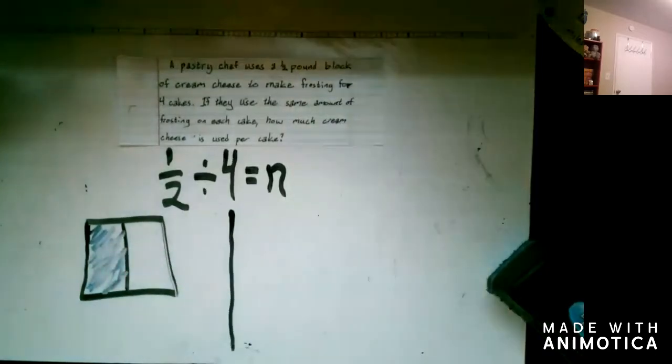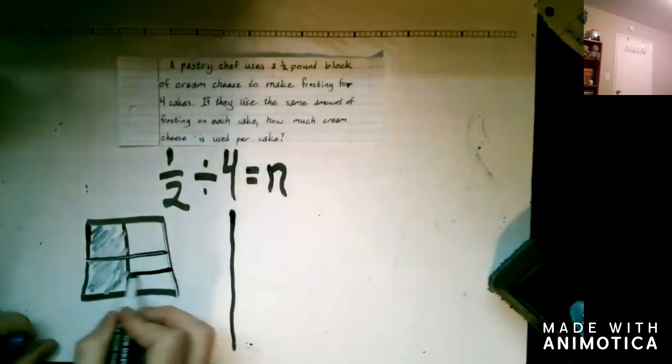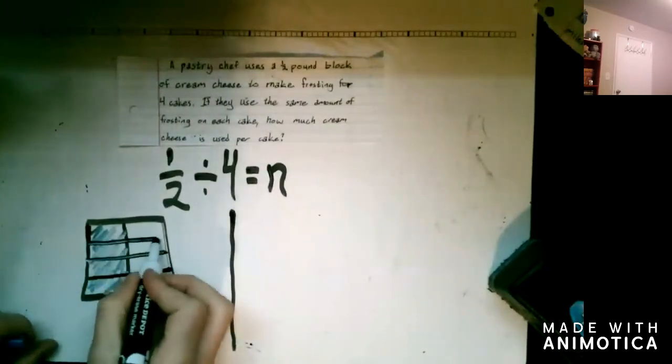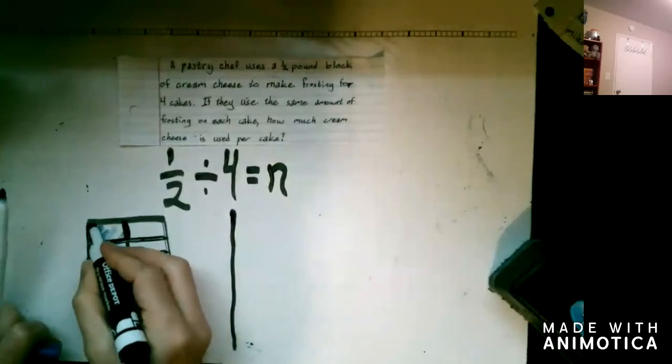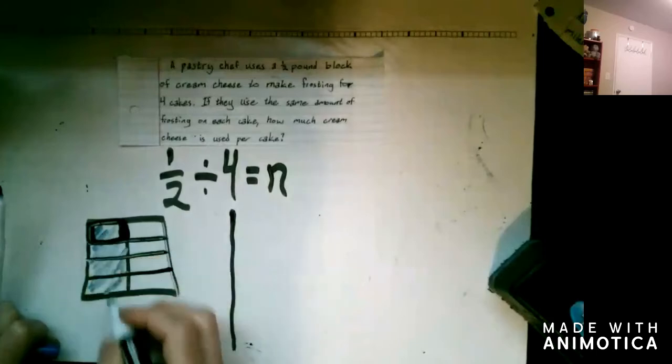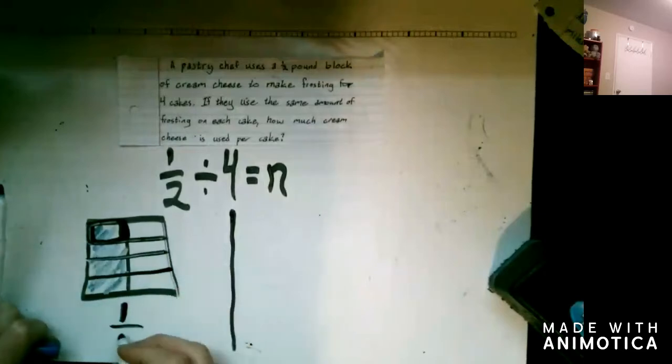All right, and I want to now divide that half, split it into 4 equal pieces. And I'm going to now look at what is 1 piece. So this 1 piece, well, it is 1 out of 1, 2, 3, 4, 5, 6, 7, 8. And that is 1/8 pounds